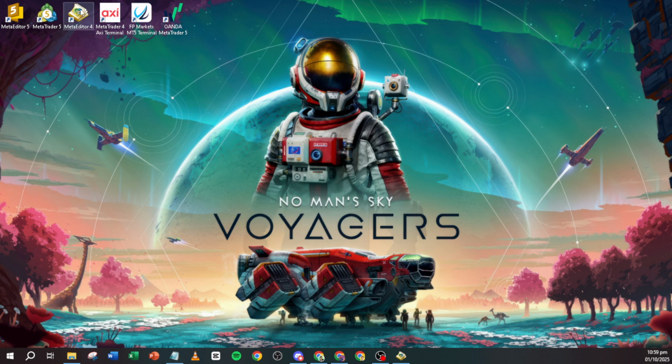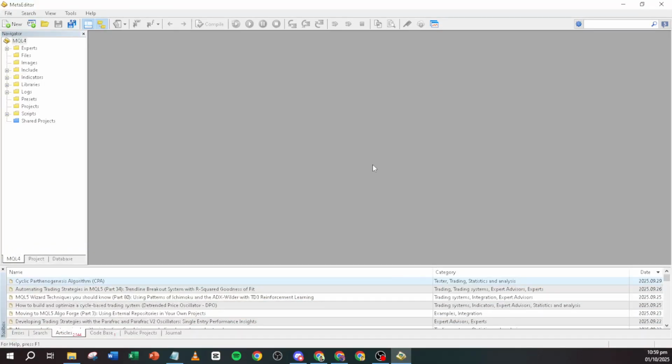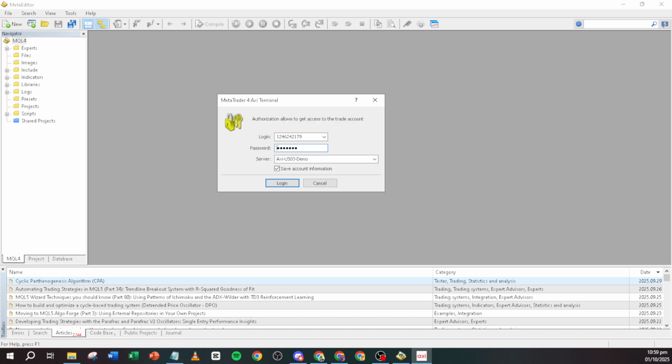If you haven't installed it yet, make sure you do so by downloading it from the official MetaTrader website. Once the platform is open, direct your attention to the top left corner of the screen where you'll find the File menu. Go ahead and click on it. Now that you have the File menu open, you'll see a few different options. From this drop-down menu, select Login to Trade Account. By doing this, a login window will appear on your screen, and this is where we'll input some critical information.